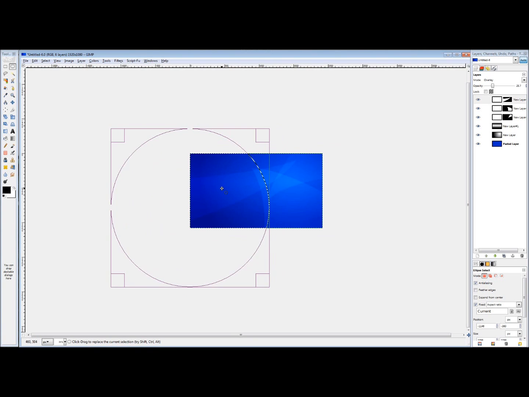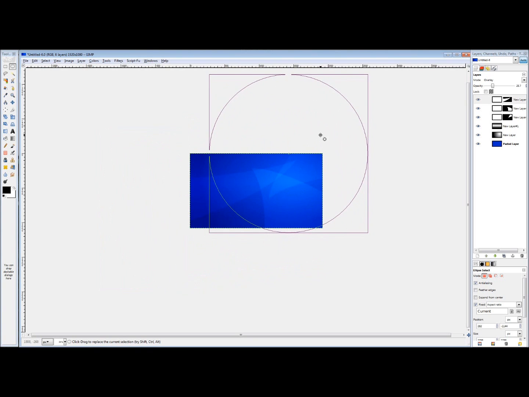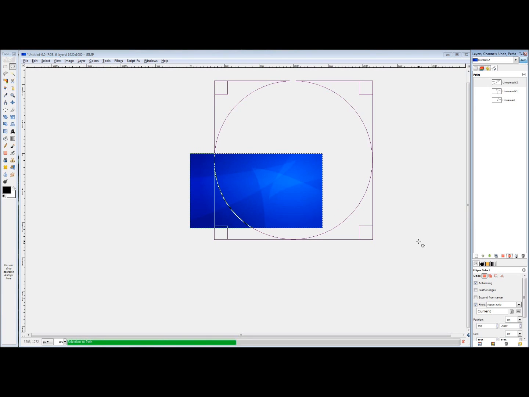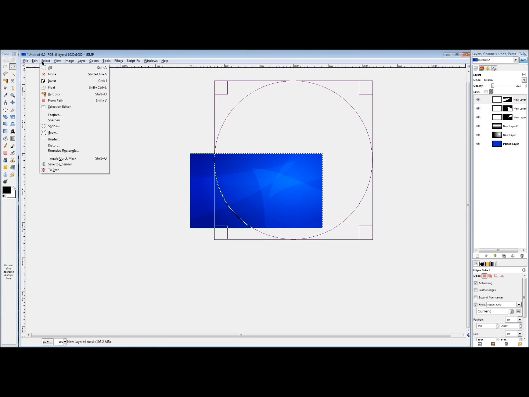So create a nice big booming ring, and then click on your Paths tab and click Selection to Path. I like to do that because I want to have that exact path ready to go if I ever need to make that selection again later. So click Select, Border,